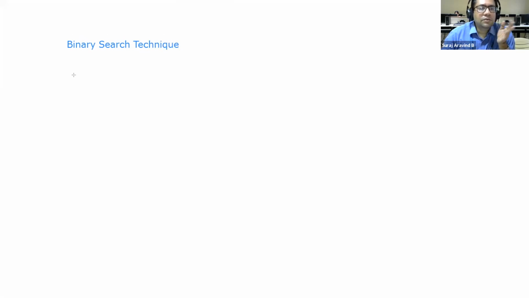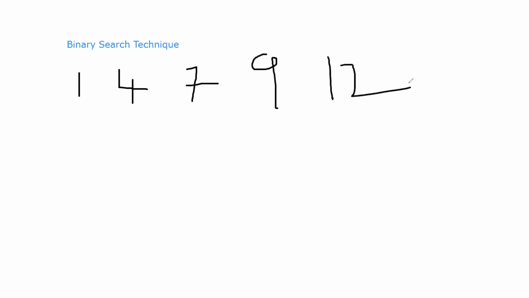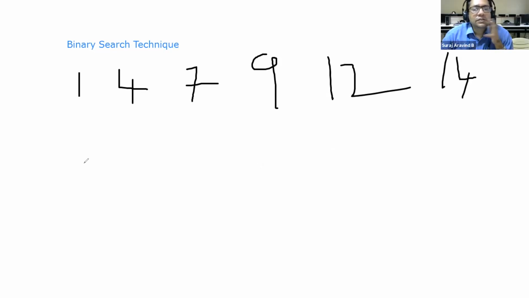For binary search, the array has to be already sorted. Let me take a sorted array. Draw elements. 7, 14. Some numbers I have already taken in sorted order.